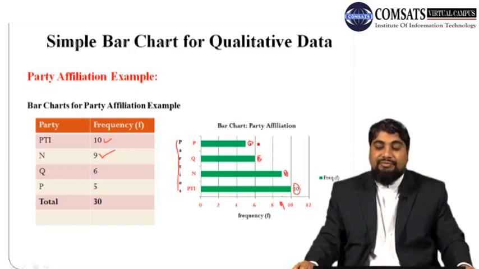You can skip the labels, or you can add the labels as well. Adding labels makes a particular value in the graph clearer. Otherwise you can read the value from here: if it is 5, then 5 is between 4 and 6, exactly in between, so it means it is 5. So this is how to construct a simple bar chart.